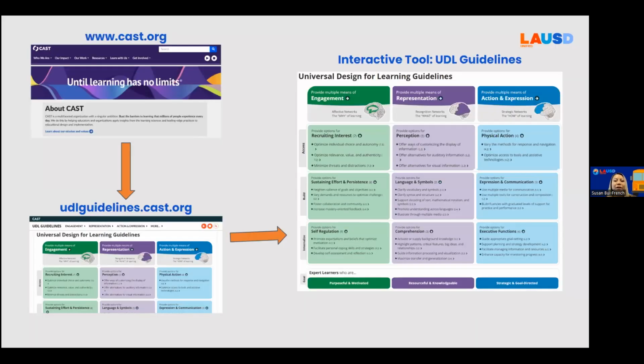The Universal Design for Learning Framework and UDL guidelines were created by CAST, which derived from the original name of their organization, Center for Applied Special Technology. CAST is a nonprofit education research and development organization. Their UDL framework is now used all over the world to make learning more inclusive. The UDL frameworks may be accessed by visiting the website at